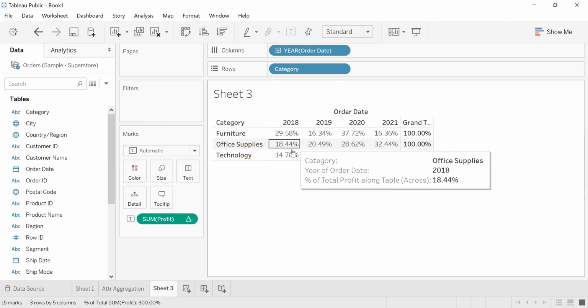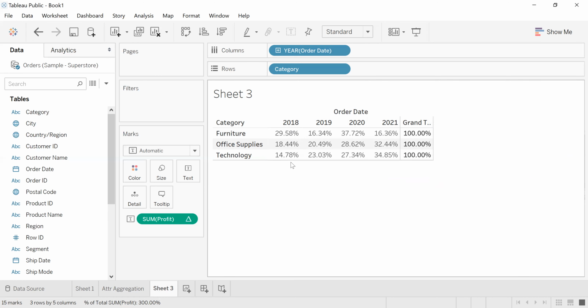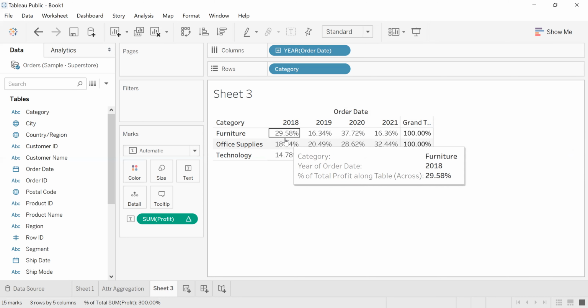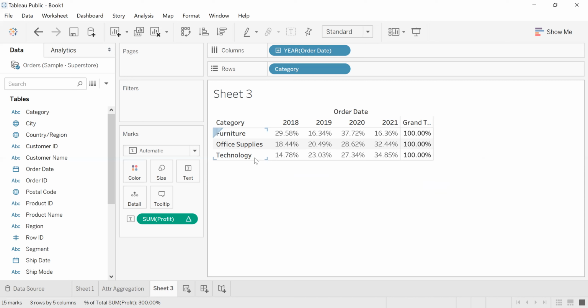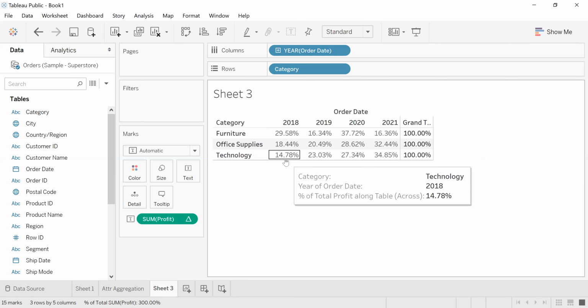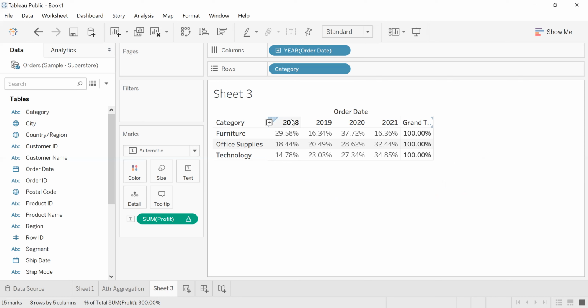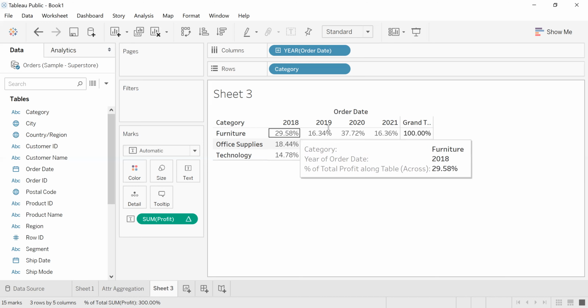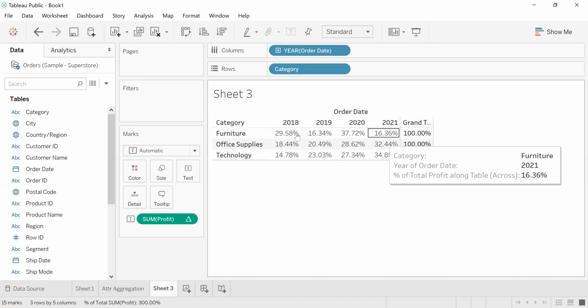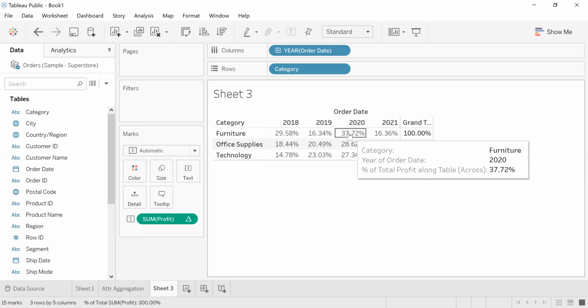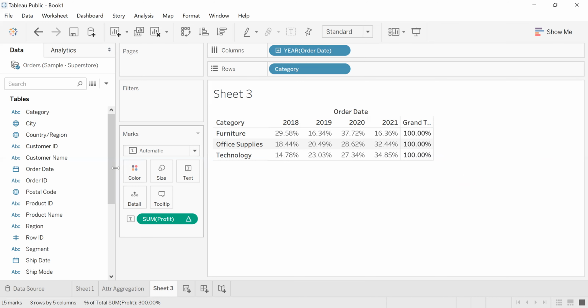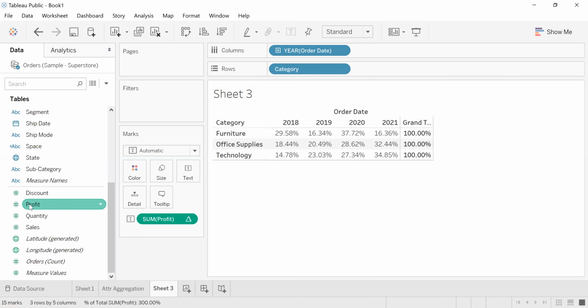And suppose you want column wise, you want it like this. In 2018, what I want is how much furniture is contributing, how much office supplies is contributing, and how much technology is contributing. So I can do it as table down. Right now this is table across, row wise. It is taking the addition of all the values. Okay, we have some values here for the profit, like 2018